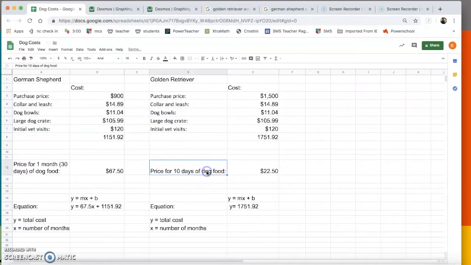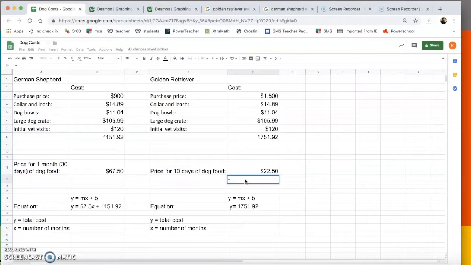Now, up here it does not say the amount that we're going to pay per month. It says price for 10 days of dog food. Now, if we're defining month as 30 days, and we have the price for 10 days, we can pretty easily figure out how much it's going to cost per month. 10, or I should say 30, is a factor of 10, so we can just take 10 and multiply it by 3 to get 30 days. So we could also take the $22.50 and multiply it by 3 to get the price of the dog food